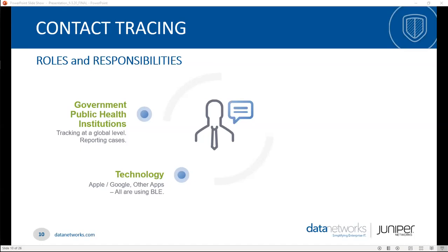So at the micro level, we have the enterprises themselves. The question you need to solve is, how do I reopen my business? And if something were to happen where you have a COVID-19 positive employee or a COVID-19 positive student, how do you react if something like that were to happen? So what we have is Mist and Juniper